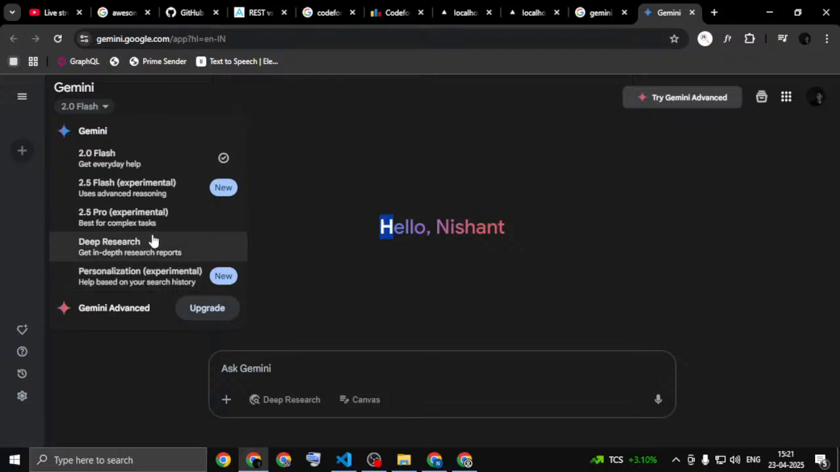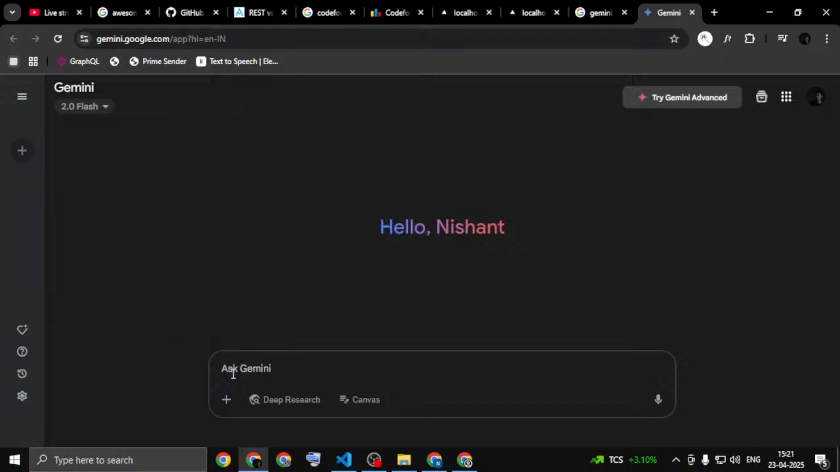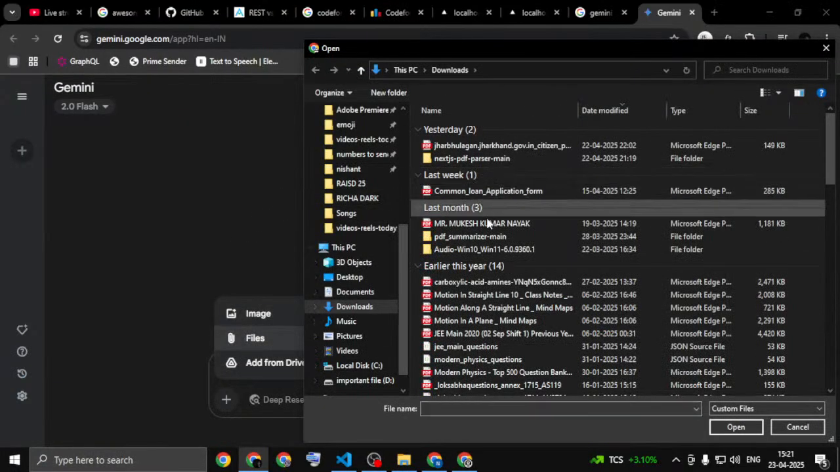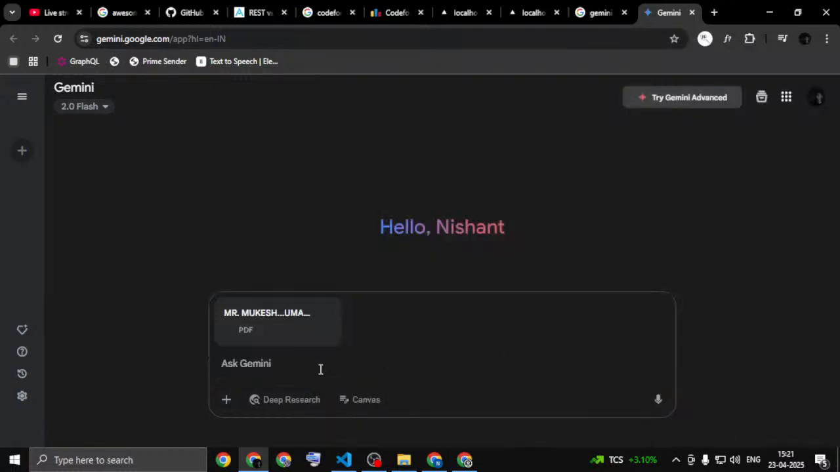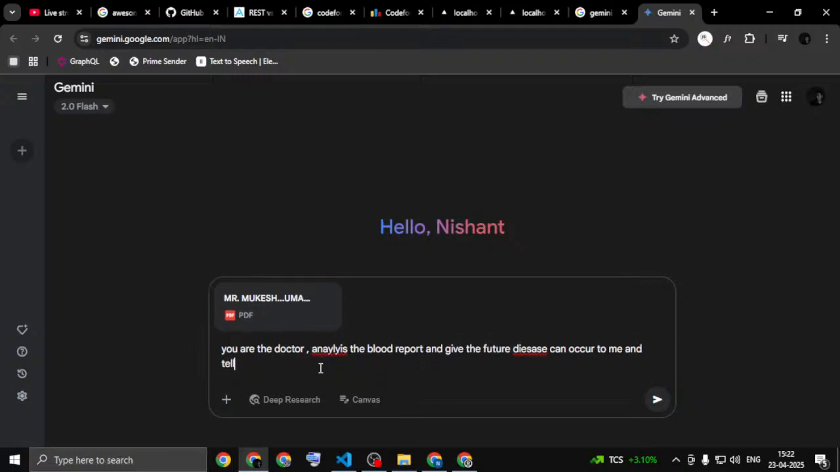Personalized experiments. I want daily, like, you are the doctor, analyze the blood report and give me the future diseases that can occur to me, and tell me